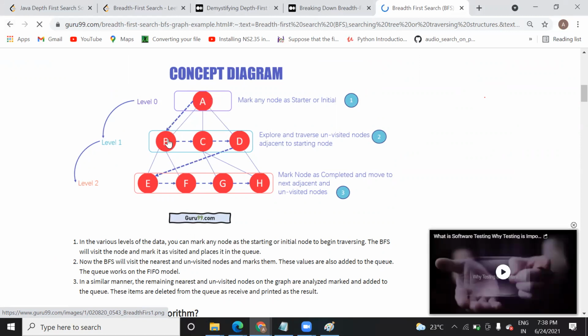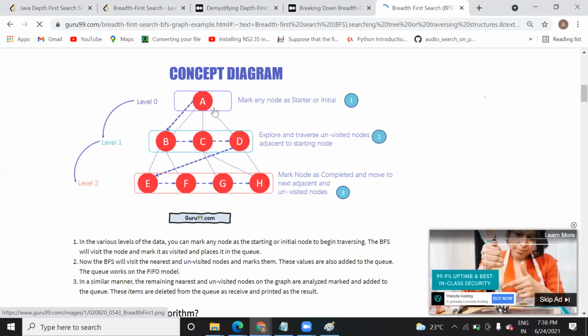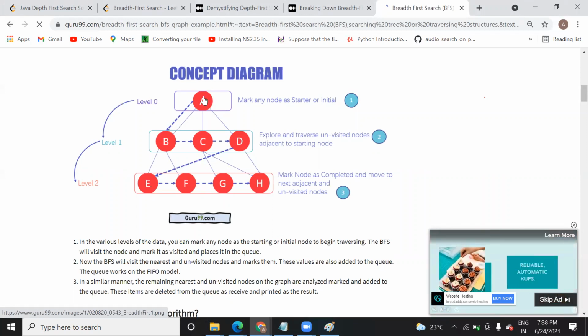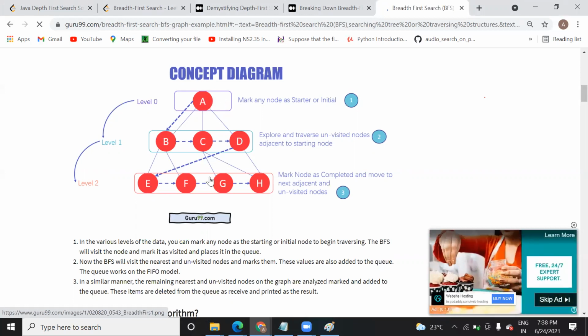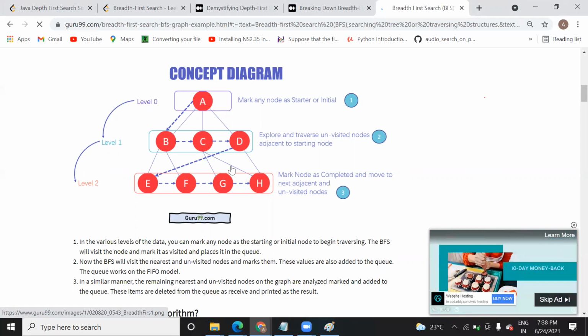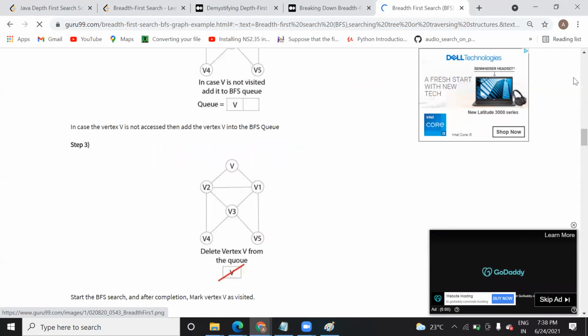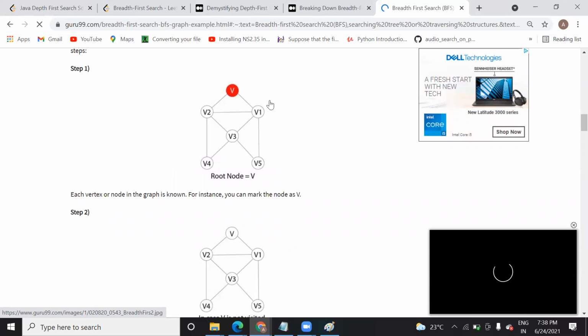Okay, A. We have B. Now with respect to A, whatever we have. Actually, the example here is based on how you add an element to the queue. Suppose you have inserted all the elements A, B, C, D. Now if you remove D, then whichever is connected to D, you will traverse that. Okay, I can take a better example and explain it to you in the next class. You can take this also as an example.